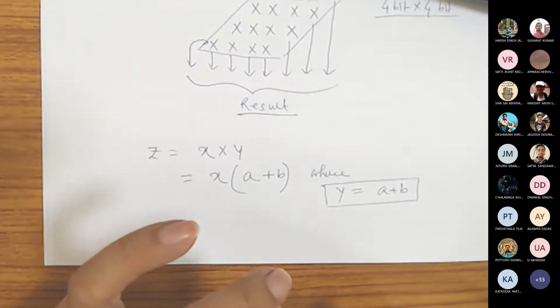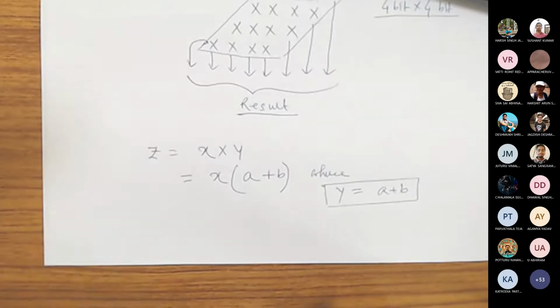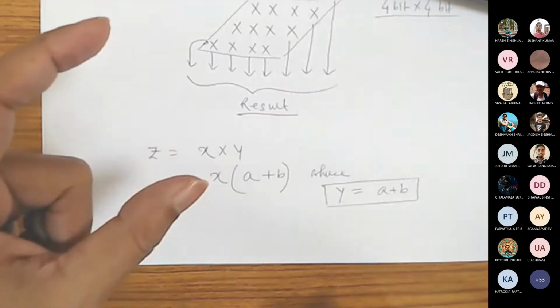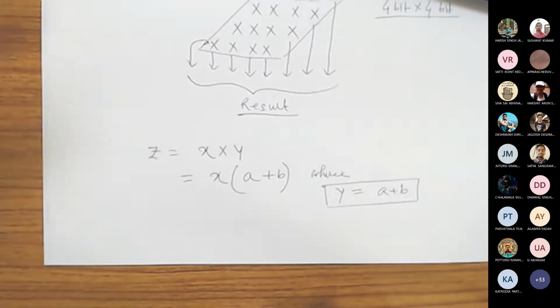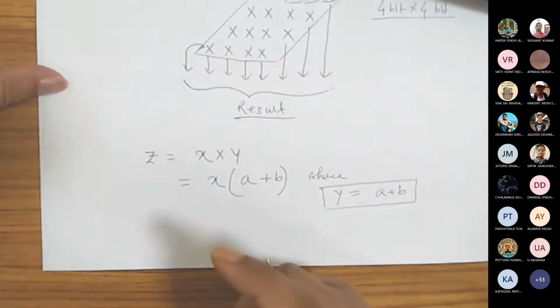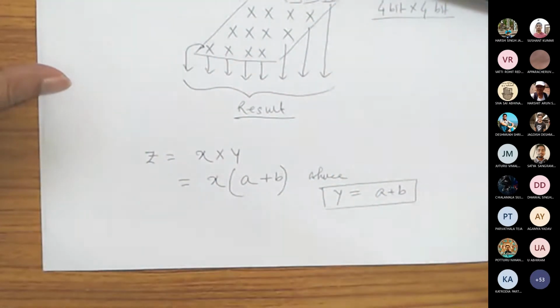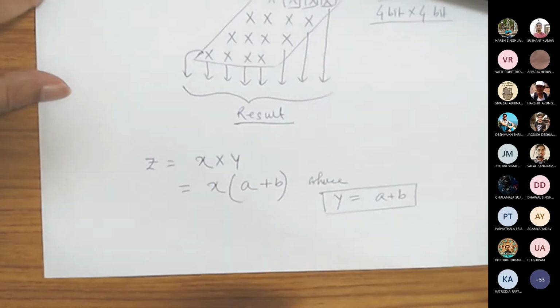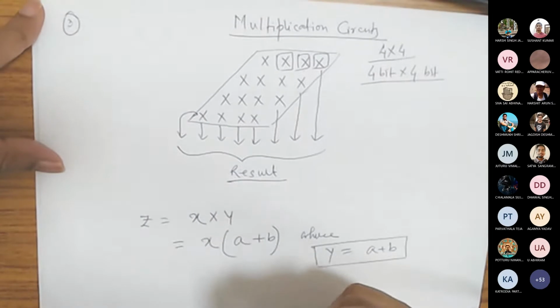We want a behavior like a random memory access. Whenever you give an address, irrespective of whether the address is the first address or the last address, you must get the result within a fixed amount of time. No less time, no more time. And that is the primary requirement of designing good circuits.